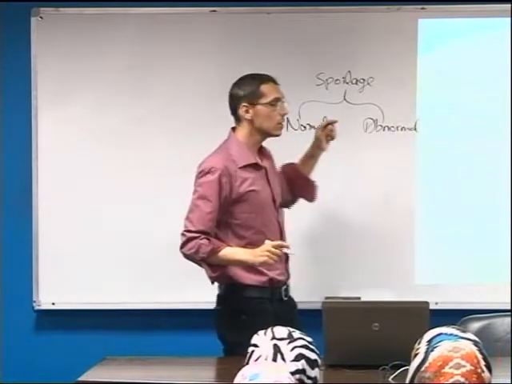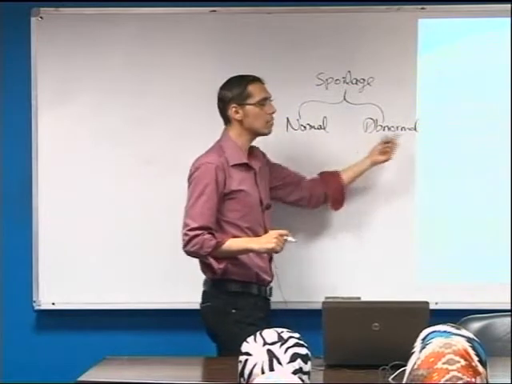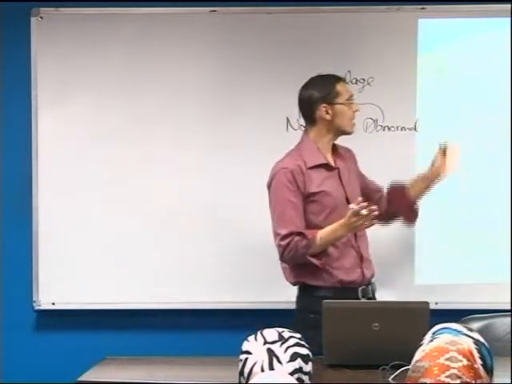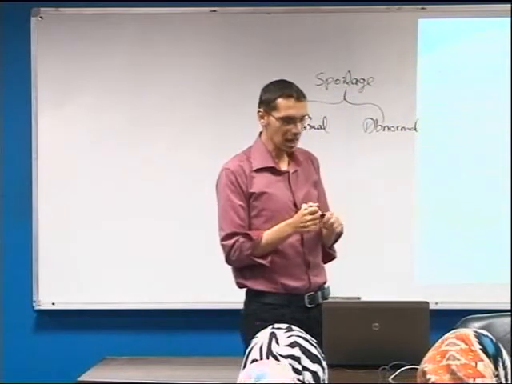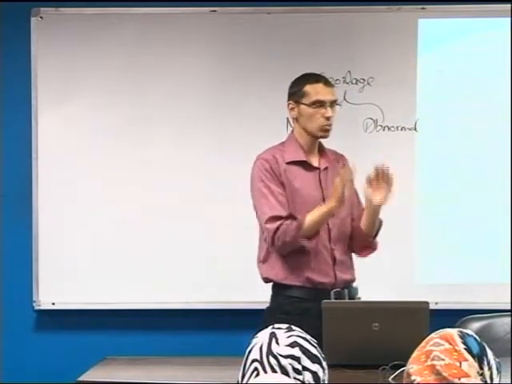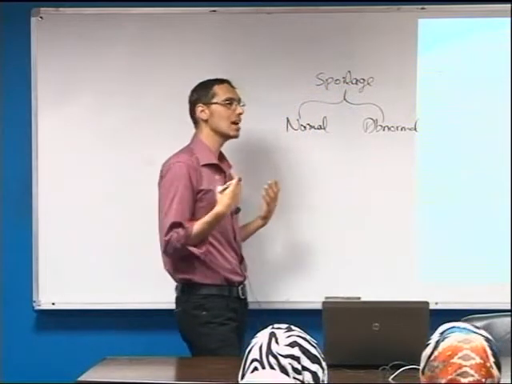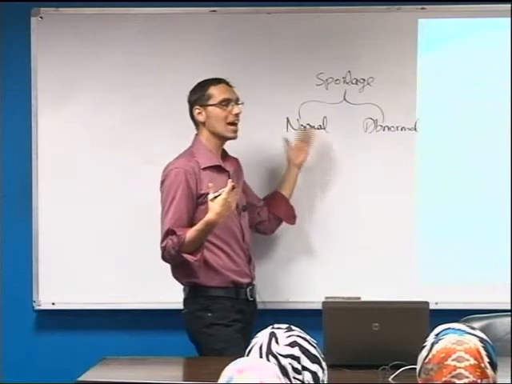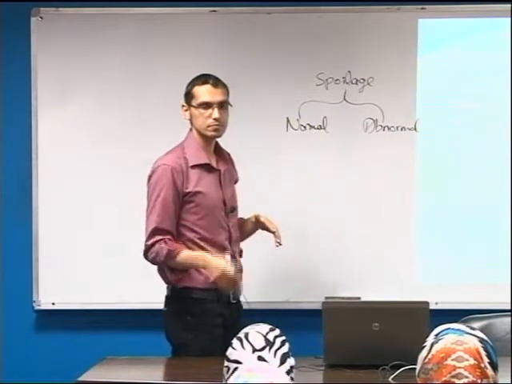What do you think we need to do with the cost of the normal spoilage and the abnormal spoilage? Of course, we said that we need to account for this spoilage. We need to count what is the amount of normal spoilage and what is the amount of abnormal spoilage. What do you think we need to do as accountants now with the normal spoilage and with abnormal spoilage? What do you think? The normal should be